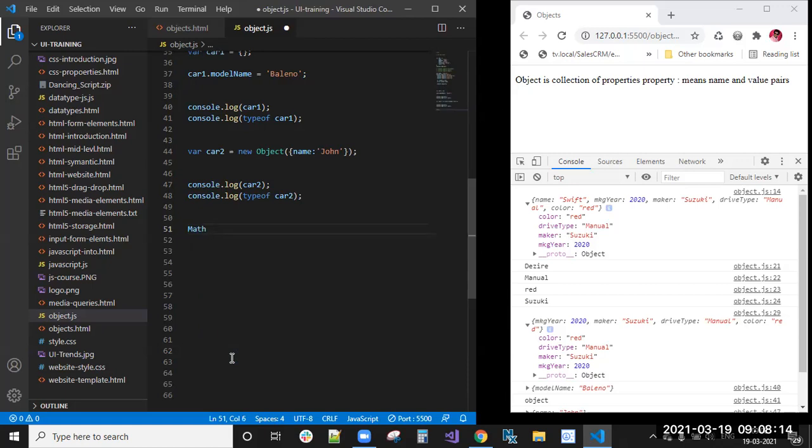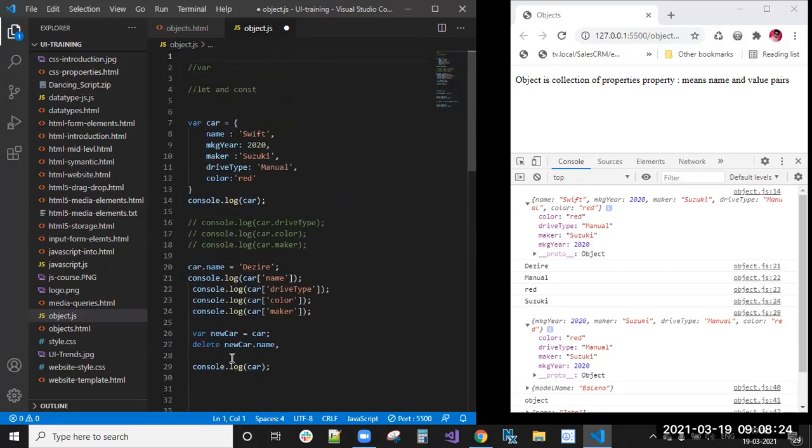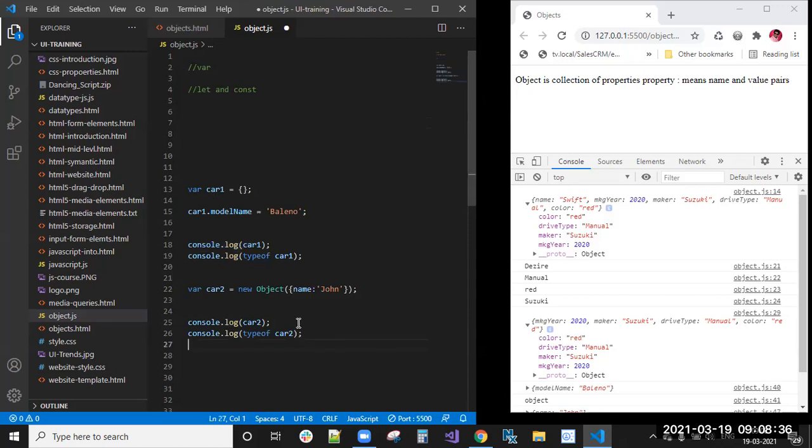Before going to Math, we need to know one more thing: an object is a collection of not only properties, but also methods. Properties and also methods.